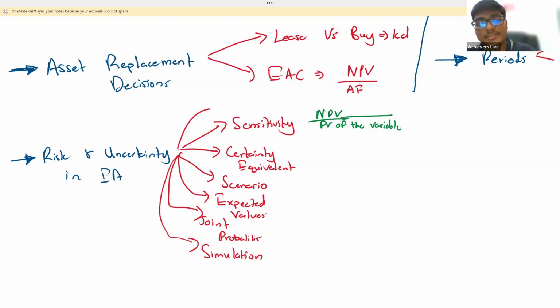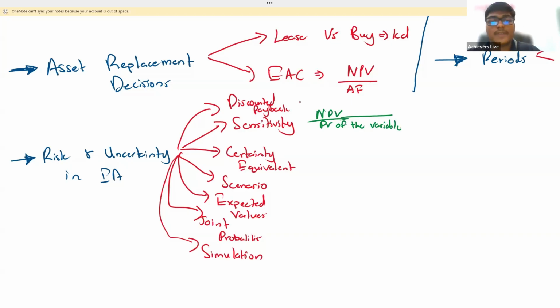Final area is what? Discounted payback. So using the discounted cash flows, you will calculate the payback. So you have to know the advantages and disadvantages. What are the advantages? Easy to calculate, takes into account the time value of money, uses cash flows. Next, disadvantages. You are ignoring the cash flows after the payback period. That is the disadvantage. Does not look at the entire life of the project.